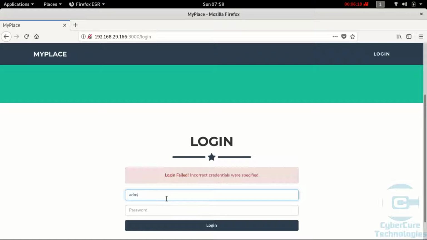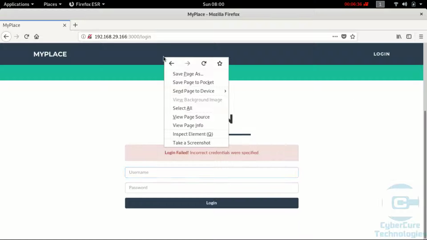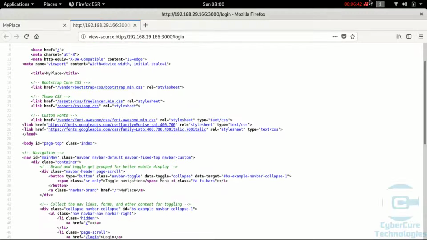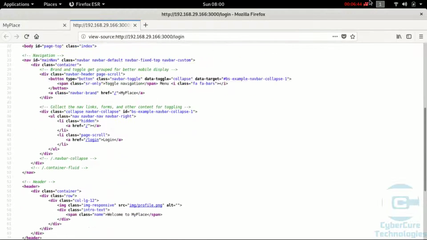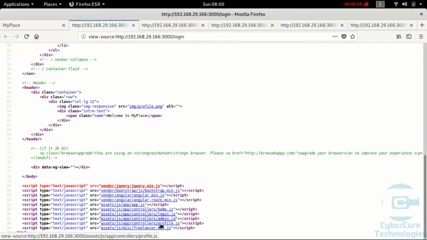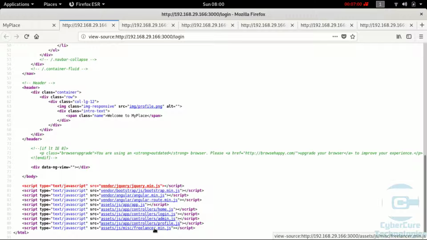Normally what I do is I do the reconnaissance, or you can say I enumerate the source code. So let us do that. As the name suggests, this application is made in Node.js, so a lot of information can be provided in the JS files. Okay, here we can see we have a lot of JS files. This is app.js, then we have controller JS files. So I'll open all the files and try to find something good inside them.